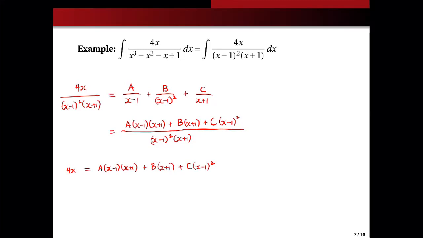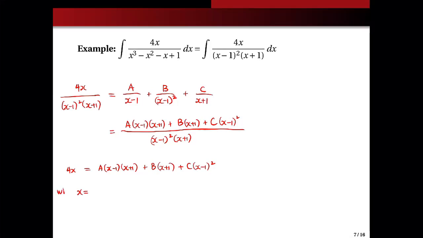So from here, we again assign values to x such that at least two of a, b, or c will disappear, and we will be able to solve the one that remained. So for here, this has factor x plus 1. This has factor x plus 1. So if we let